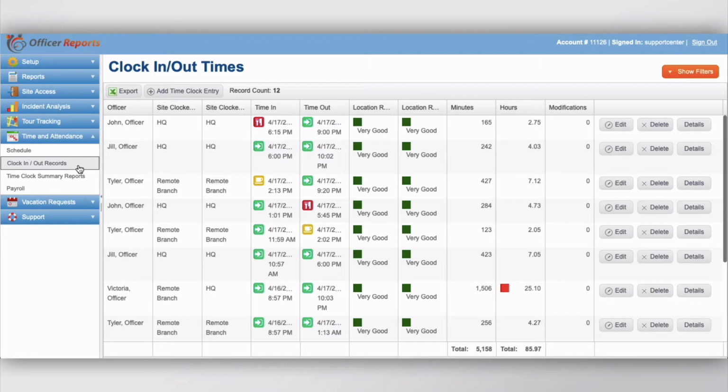The columns you'll see at the top of the screen are Officer, Site Clocked In, Site Clocked Out, Time In, Time Out, Location Rating In, Location Rating Out, Minutes, Hours, and Modifications, which means the number of times the record has been edited. If you click on the Show Filters button,